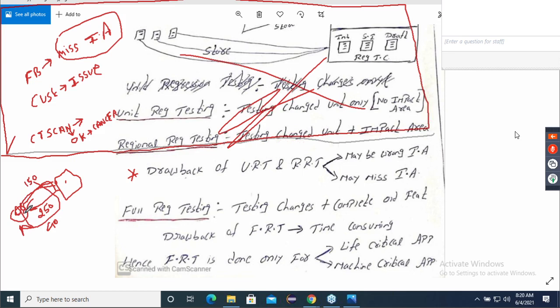Is it a small issue? No, that means, guys, now listen carefully. In a normal application, worst case, if unit regression and regional regression testing have some mistakes, it's okay. I'm not saying don't think that it's fine. It's okay means it may happen because you're a human being. But in case of life critical applications, meaning all applications which are used in hospitals,